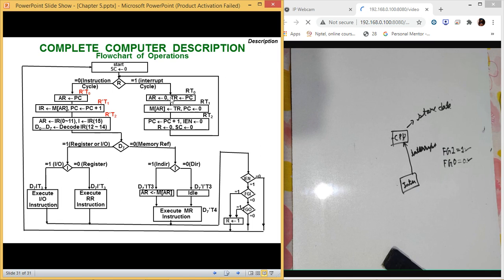Interrupt cycle is 1, so it will start executing this. It will shift the data from PC to the temporary register, and the address register AR will get a value 0. It executes whatever data it has in its temporary register and performs this task. Once it is done, it will move to the instruction cycle again. Now, if FGO is 1, then again the same process will be followed. So for input output instructions, we are going to follow this path.